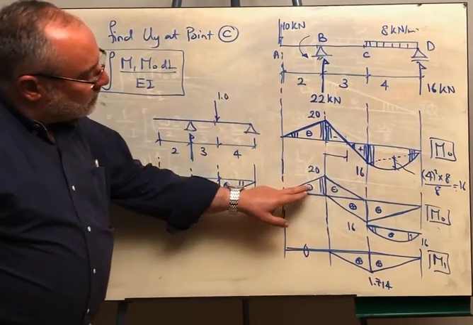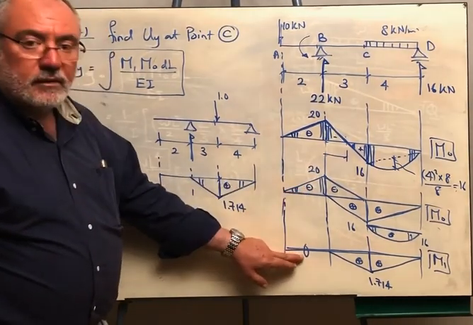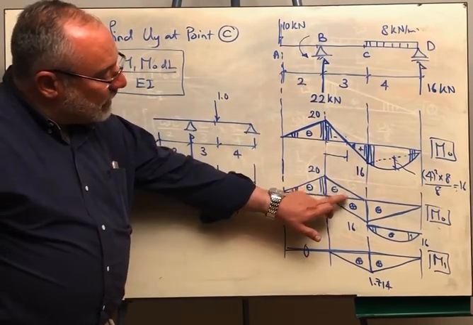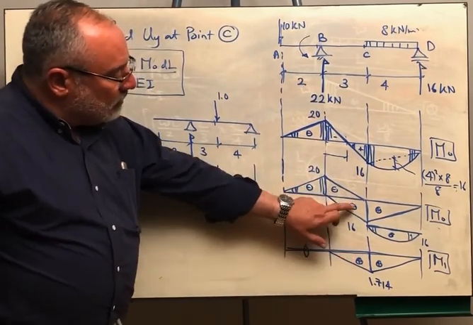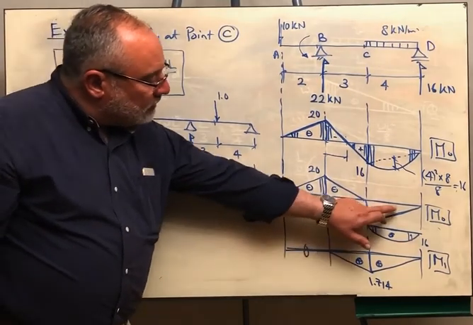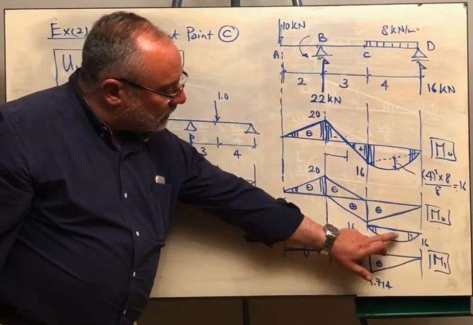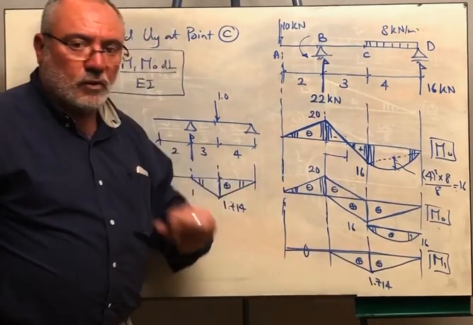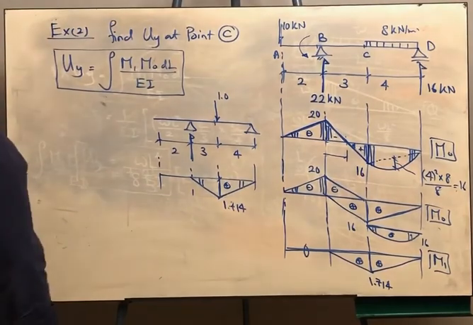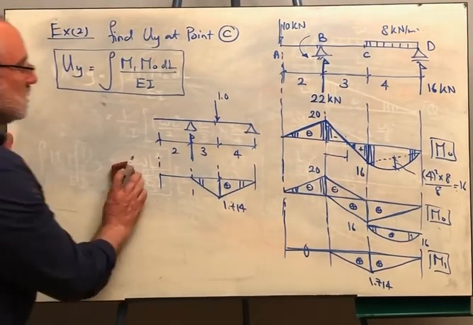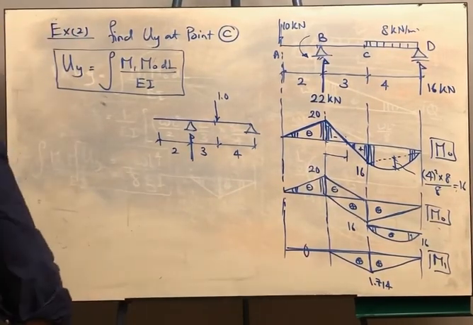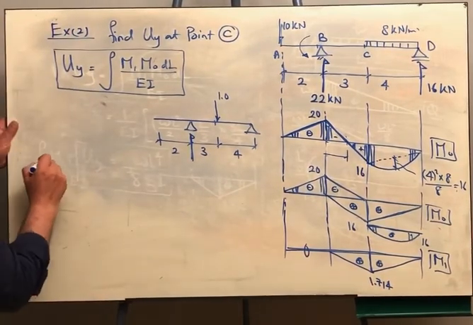We are integrating this triangle on nothing. It gives us 0. We have to integrate the upper triangle on this triangle, and then add to it the lower triangle on this triangle, and then this triangle on this triangle, and then the parabola on this triangle. So we are having 4 components. So finally we can say that, let me erase this here please. We can say that Uy